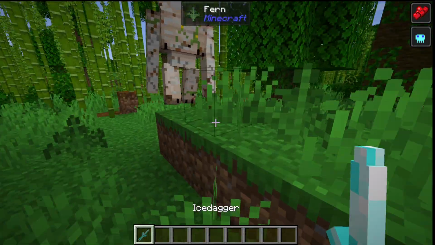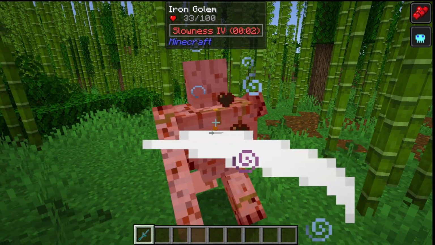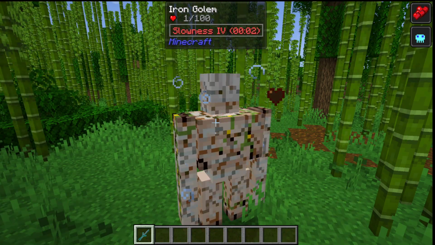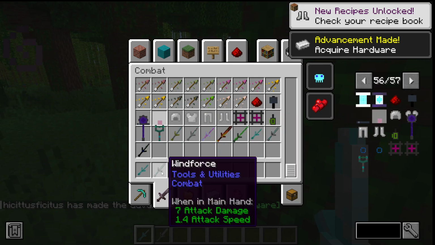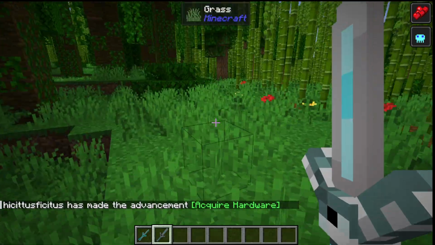We have Ice Dagger, which is fast, but pretty low damaging. Other than that, it makes up in speed. And it also slows down any enemy that's trying to get away from you. I mean, unless you're fighting a player with an Ender Pearl or something, but...